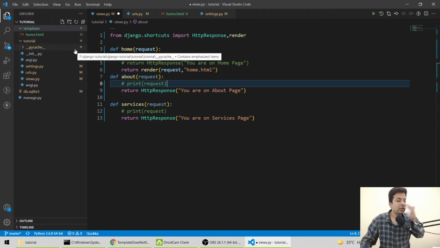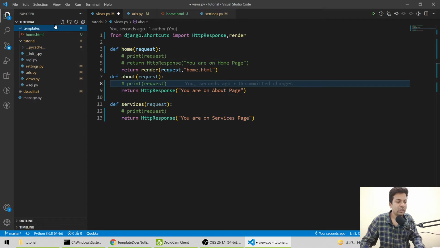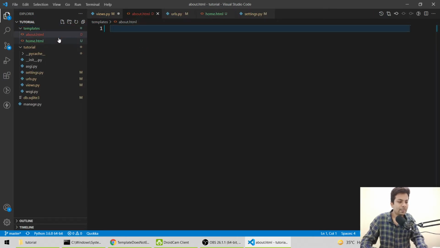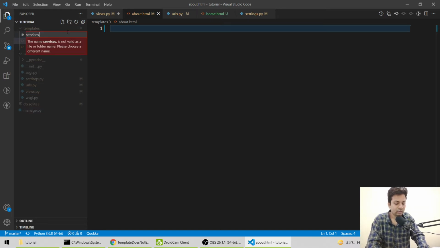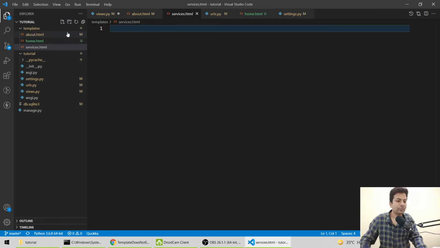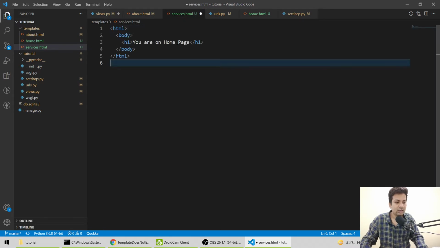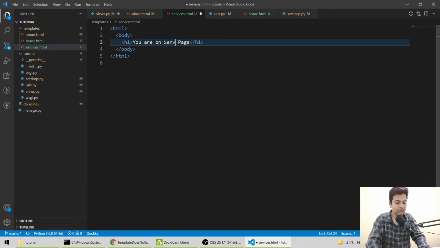So same thing we'll do for services. Here we'll create one more page called about.html, and we'll create one more page, services.html. We'll copy everything from home, paste it to services, and we'll say services, save it.